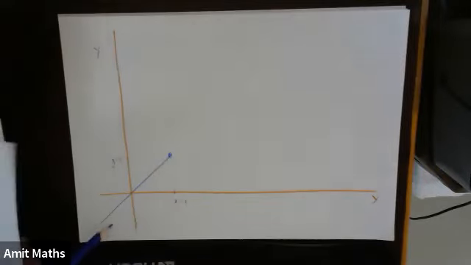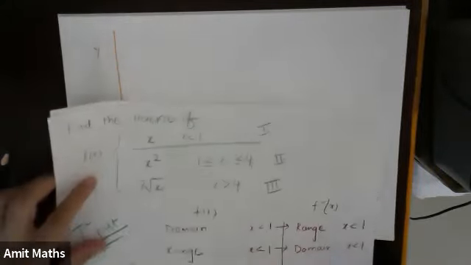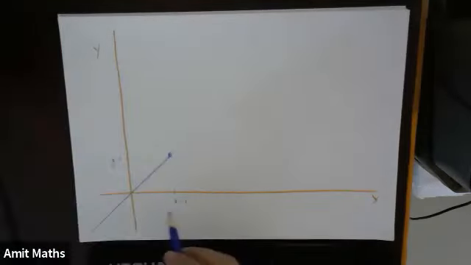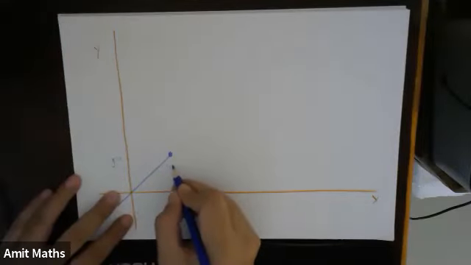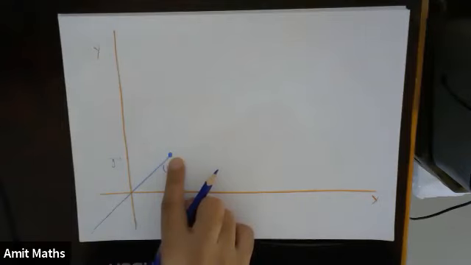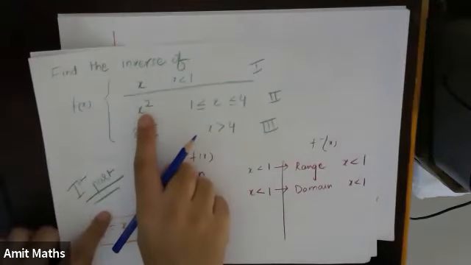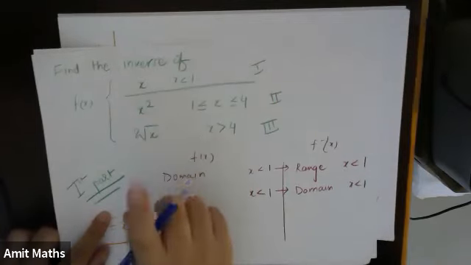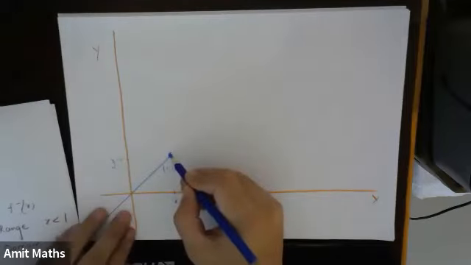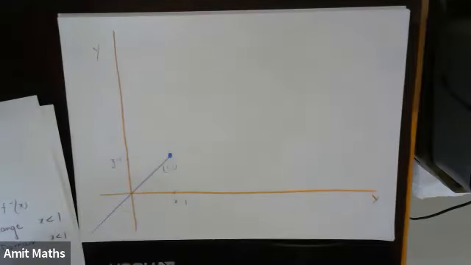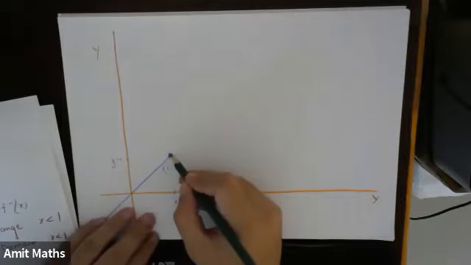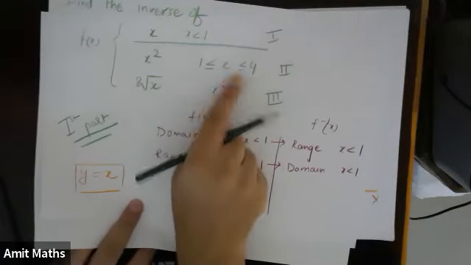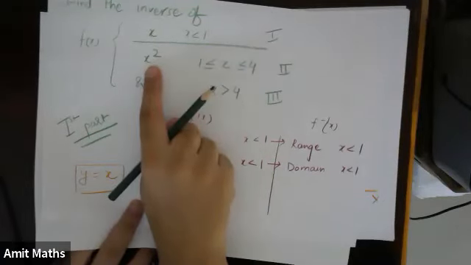Right? Okay, fine. So the next part is x square, for x greater than or equal to 1 and x less than or equal to 4. So this point is (1, 1). Now see, y equals x square. What will be the value of y when x equals 1? 1 itself. So the second part of the graph will start with this point. And till which point will it move? Till x equals 4, and y will become 16.